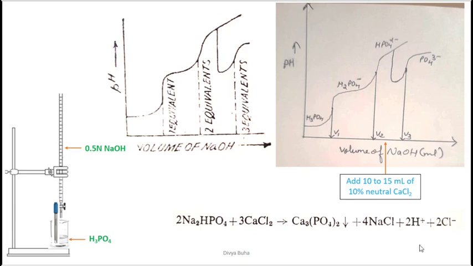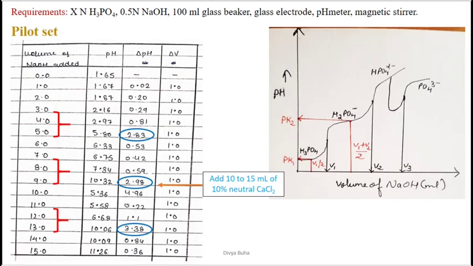Okay, so initially there would be H3PO4, then after the first equivalence point it would be H2PO4-, then after the second equivalence point it would be HPO4 2-, and at the end when all of the three protons have been titrated, it would be PO4 3-. Okay, so now let us see further in detail what is being done during the